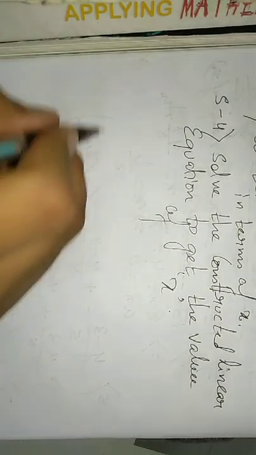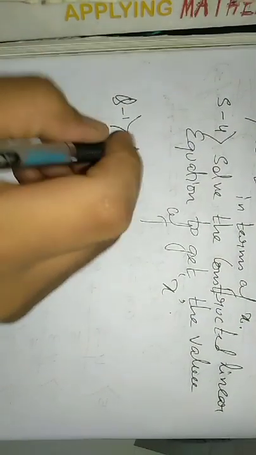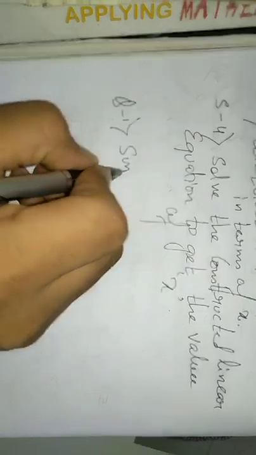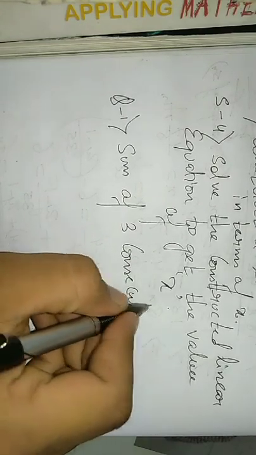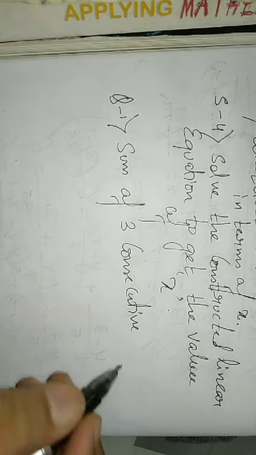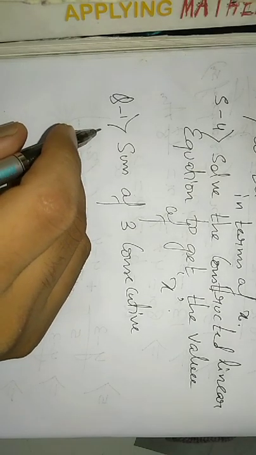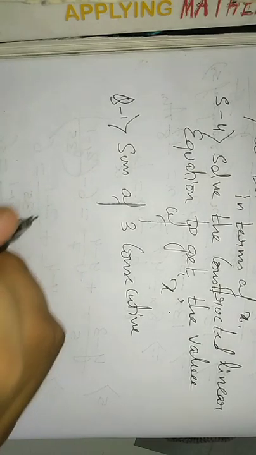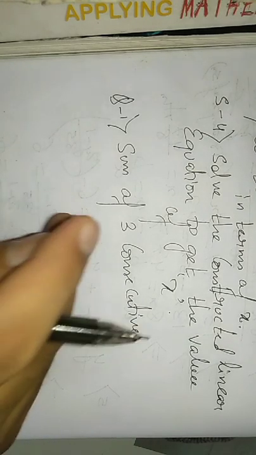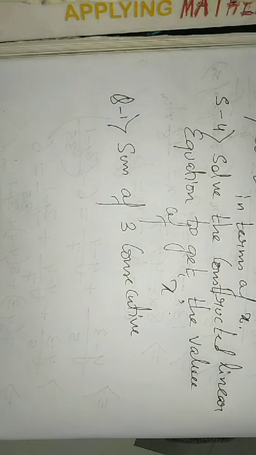Suppose a question is given to you, the sum of three consecutive numbers. Consecutive means one by one. Next three consecutive numbers from 1 are 2, 3, 4, from 5 are 6, 7, 8, from 90 are 91, 92, 93. If someone asks to write three consecutive numbers from 90, you will not write 90, because from 90 means 91, 92, 93.